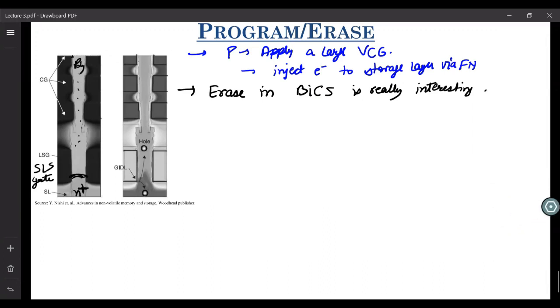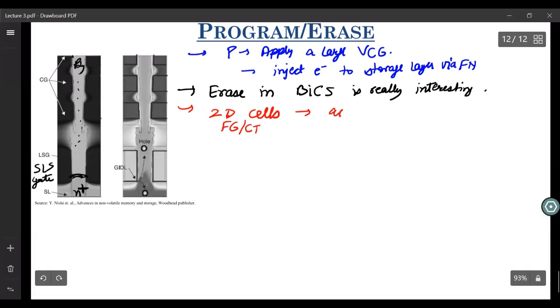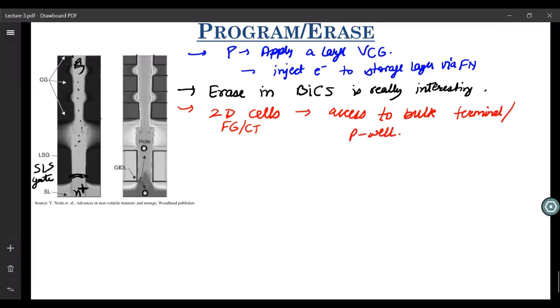So if you remember correctly, in your 2D NAND cells, floating gate or charge trap cells, whatever it is, you had access to the bulk terminal or P-well, right? So how did you used to erase it?